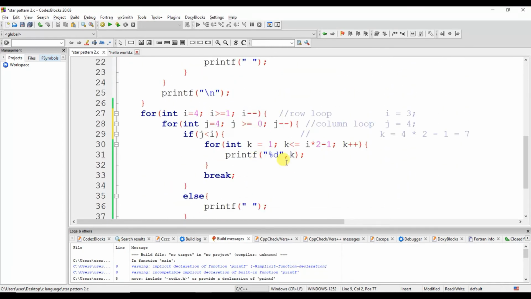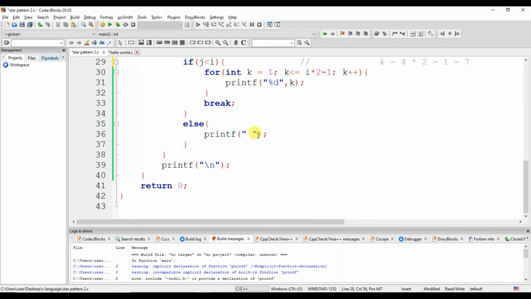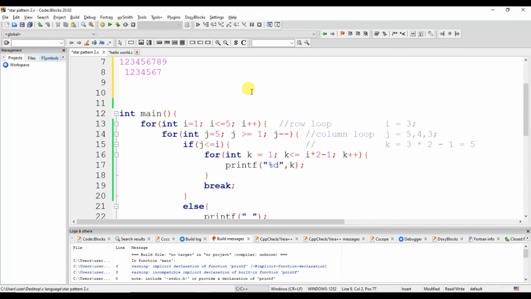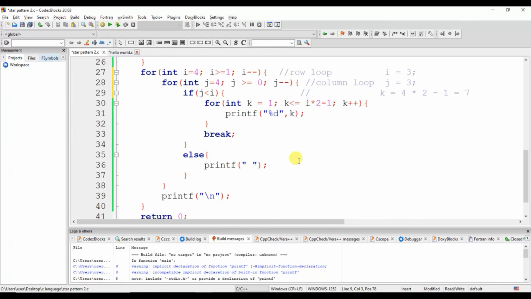After that J becomes 3. Is 3 smaller than 3? No, the condition is again false, so it will again print the space. After that J becomes 2.